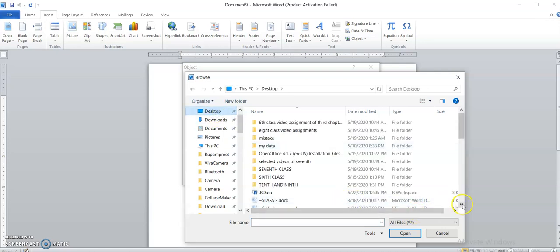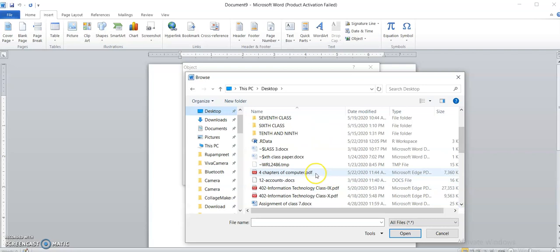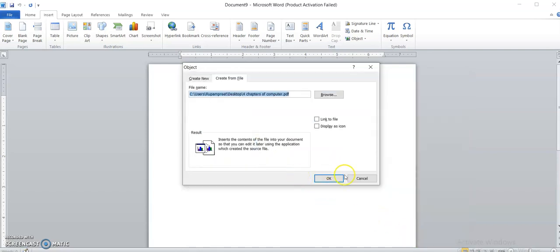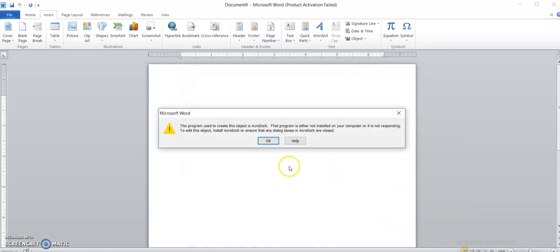Here I am having the PDF files. Now if I want to insert this, you can see the embedded. There are three options that are required to insert the object. It will show me when I will insert it. It will show me this.